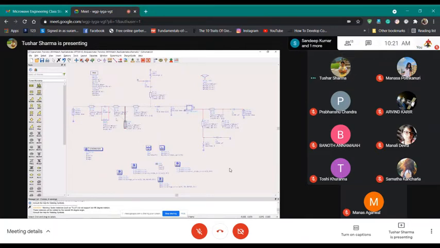Now you see, this element was matching to 50 ohms. Now you added another 50 ohm line. It should not change anything, because you were already matched to 50 ohms, and your width corresponding to 50 ohms is 112.68. So any length you add after matching won't change anything, because you are already matched to 50 ohms.